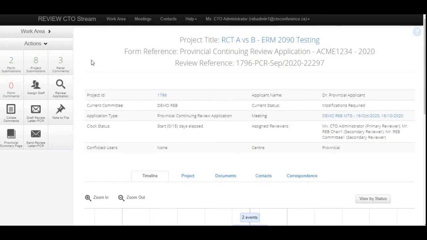Once the submission completes the archive documents step of the workflow, the draft letter button becomes visible under the action menu while you're on the submission timeline page. This occurs after the set expiry date step when you're reviewing a provincial initial application or a provincial continuing review. The name of the button will appear slightly different depending on the REB's decision and the type of application that's being processed. In this example, I'll show how to draft and send a review letter for the provincial continuing review